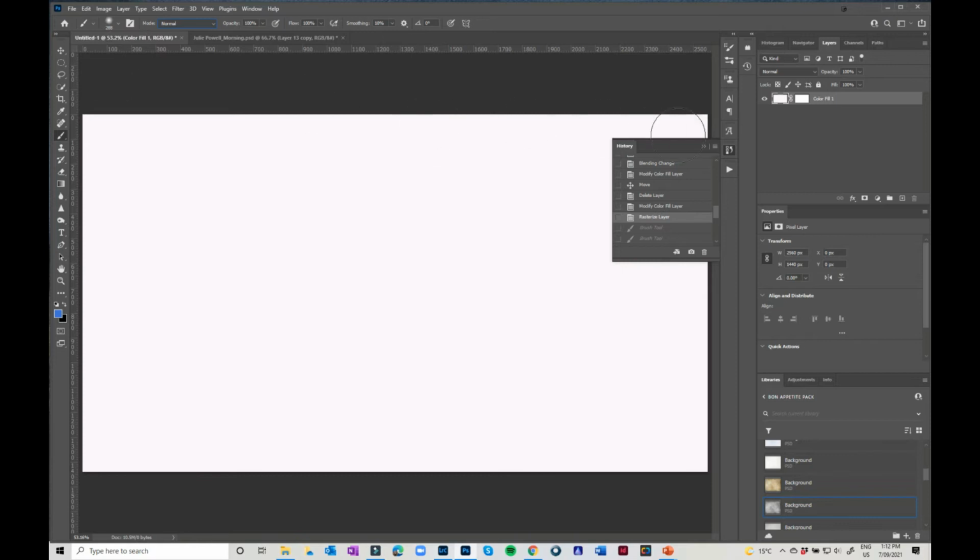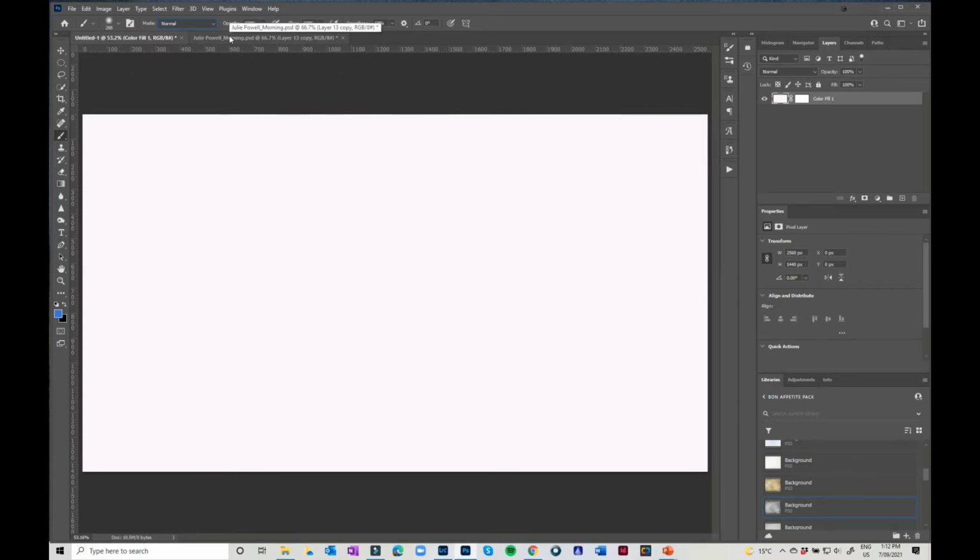Okay, so I'm just going to get rid of those back in the history, and what I'm going to do now is go through some of the others. So you've got opacity and you've got flow. This really will depend on if you are using a mouse or if you have a tablet and pen or an iPad or whatever that you are using,